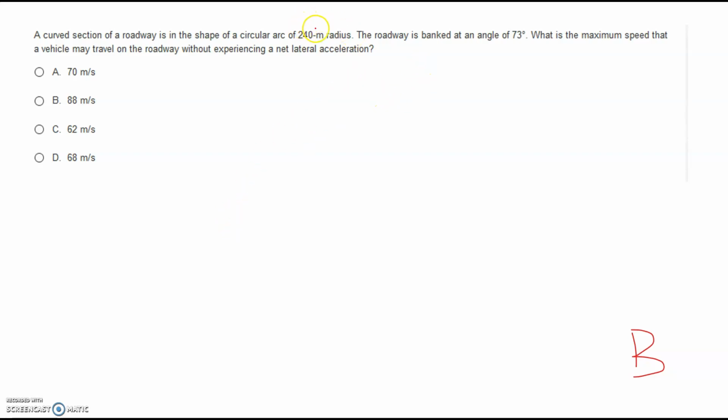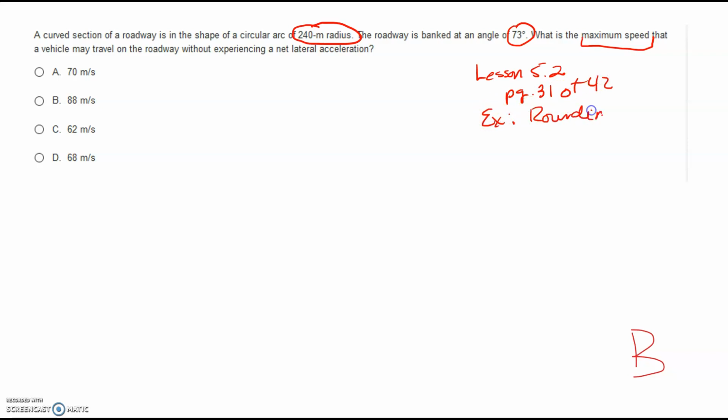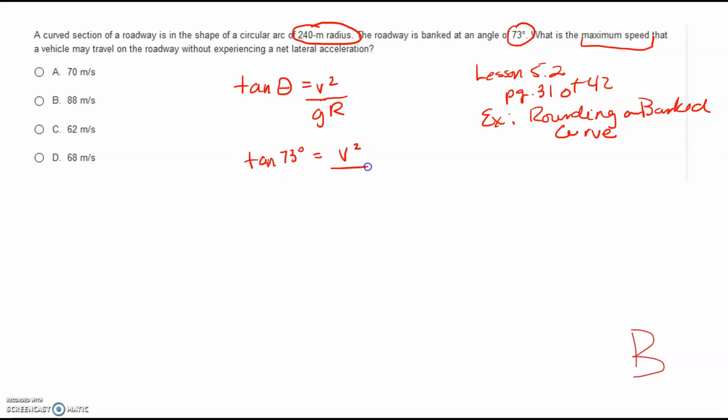All right, so this is a curved section of roadway with 240 meter radius, but it is banked at a 73-degree angle. What's the maximum speed? So from lesson 5.2, page 31 of 42, in the example rounding a banked curve, we learn this formula, and they derive it if you want to see where it comes from, but I would just write it down honestly. So this is tangent of 73 degrees is equal to v squared, which is what we're looking for,